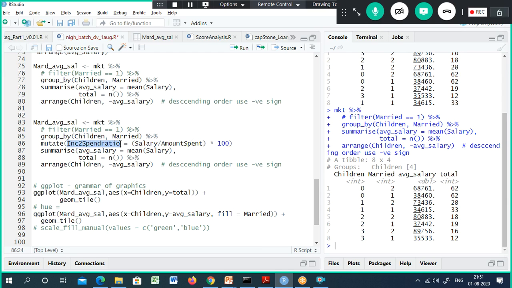Now this variable is called your derived variable because you are using the existing column salary and also the existing column amount spent. When you divide salary by amount spent and multiply by 100, you will get the income to spend ratio. But without forgetting the pipe operator, you need to specify this one. Now we will see what is happening when I execute this.